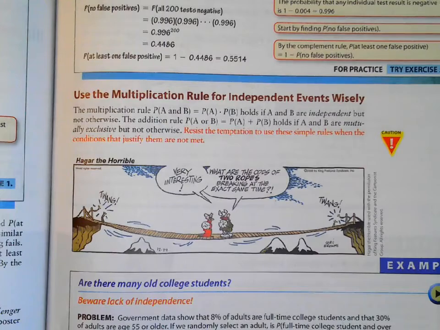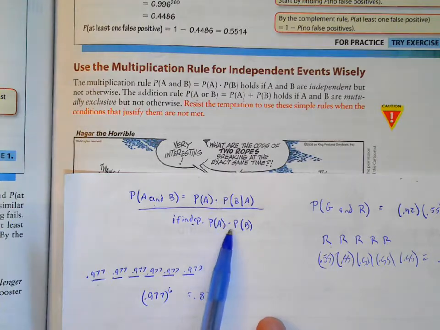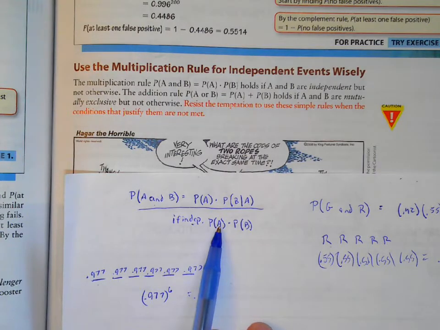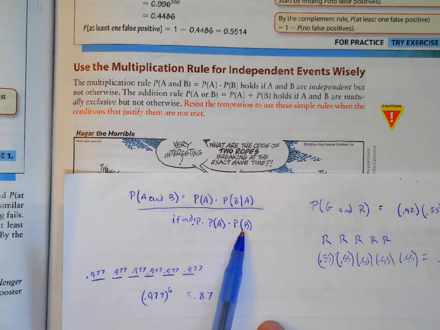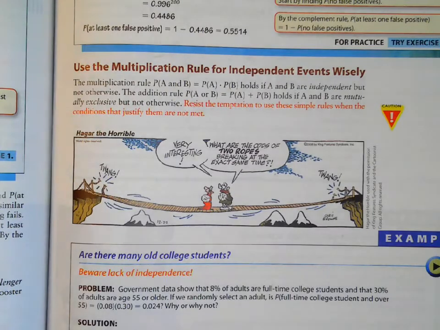Okay, so here's a problem for us to look at. Government data show that 8% of adults are full-time college students and that 30% of adults are 55 or older. If we randomly select an adult, what is the probability they are a full-time student and over 55? Can I multiply those together? So we have to think, can I use this rule or not? Can I just take the probability of a college student and multiply it by the probability that they are over 55? No, I can't, because there are some people that are